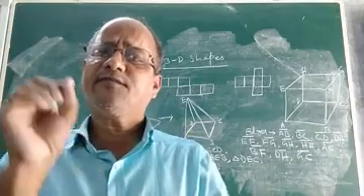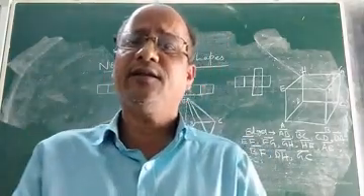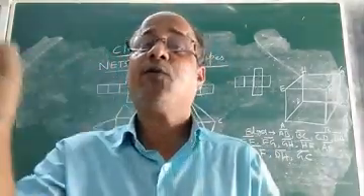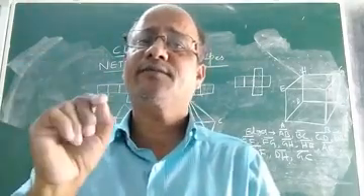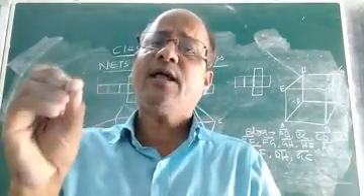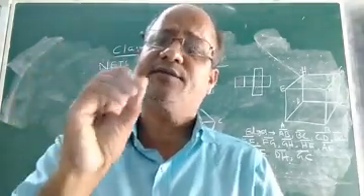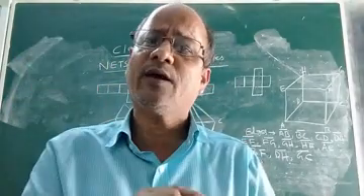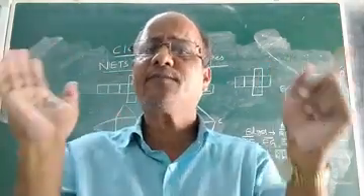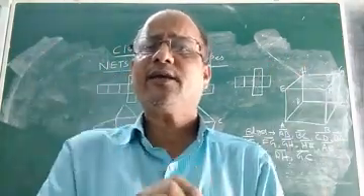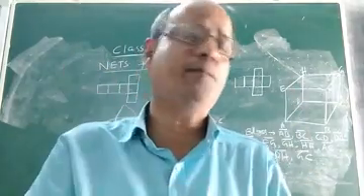Now the last part of this chapter, visualizing solids, is nets for 3D shapes. That means all the three-dimensional shapes have a net. So what is that? Let us discuss it with the help of one example. Children, you know what a cube is? You must have seen cardboard. Suppose you take a cardboard in the shape of a cube.